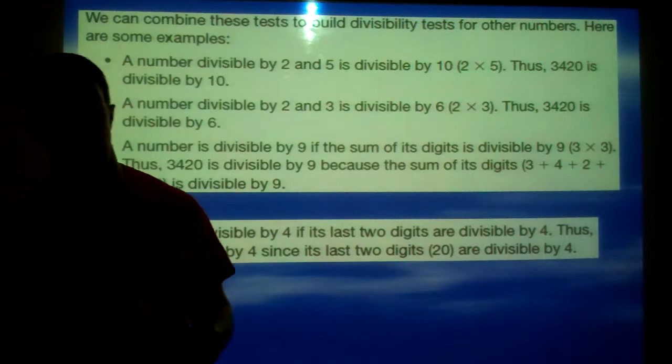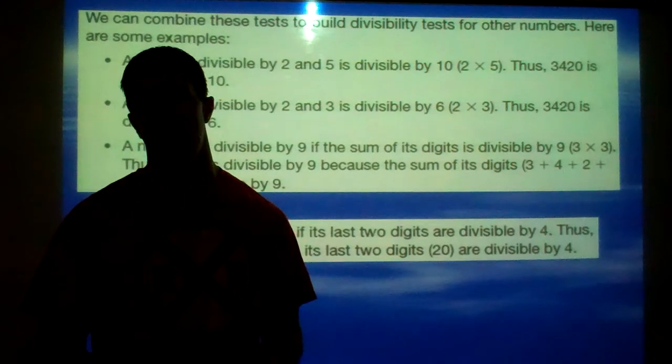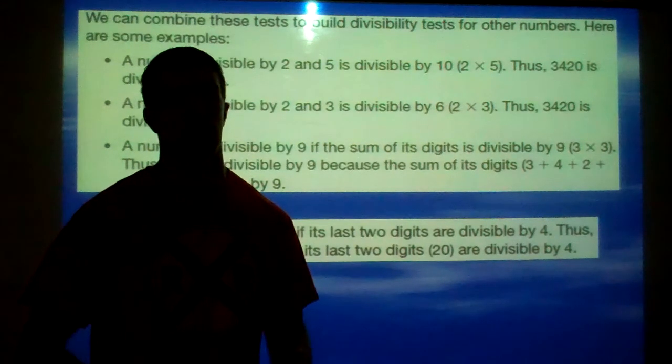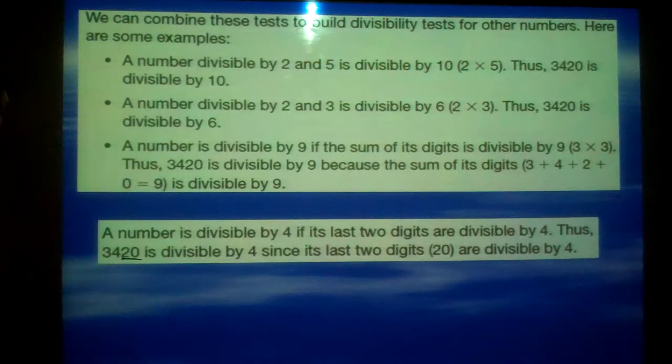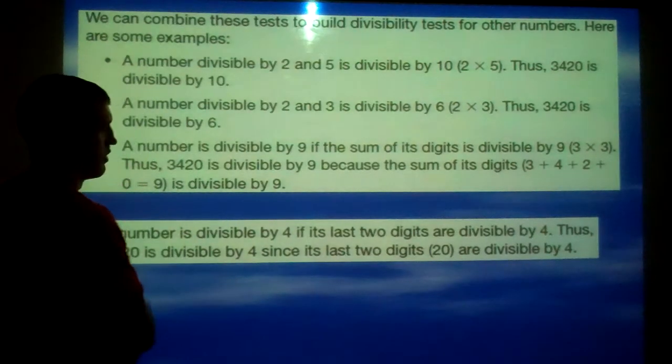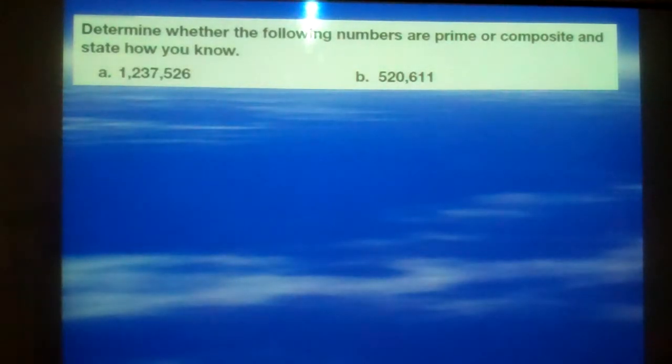Now, 2 other numbers that aren't up here, 7 and 8, those we just have to check on our calculator probably, especially for larger numbers. Those don't really have rules, at least in the book here. So here's where this will help us. Alright, so determine whether the following numbers are prime or composite and state how you know. Alright,